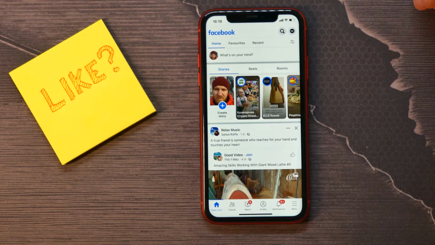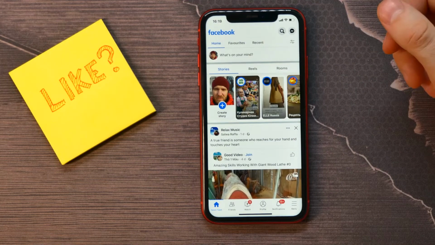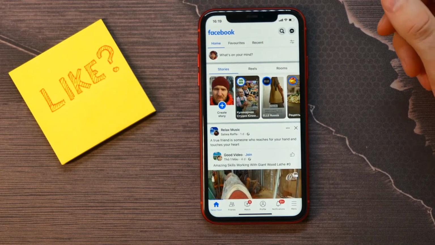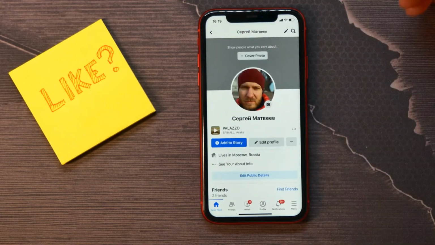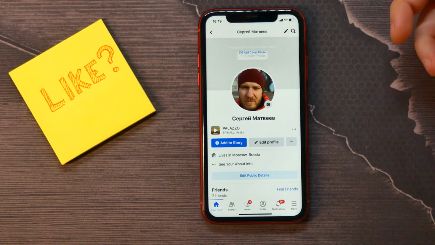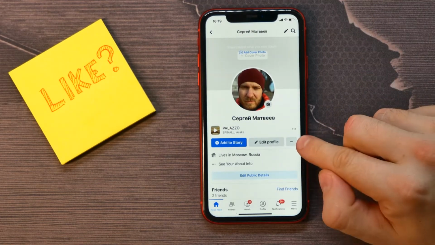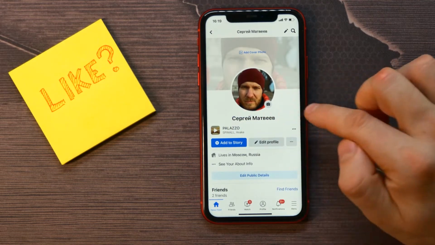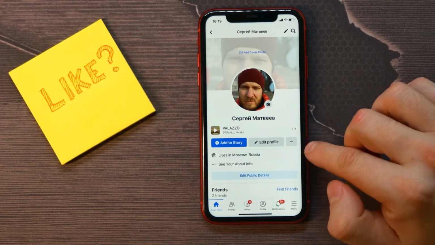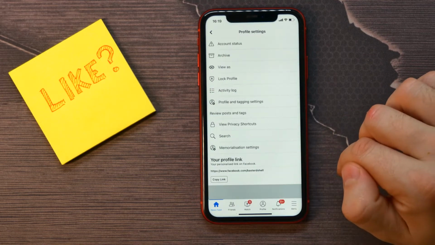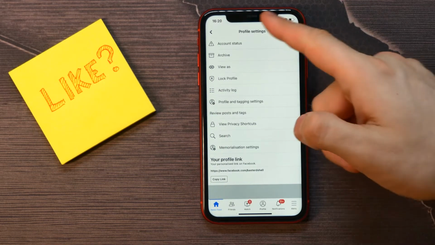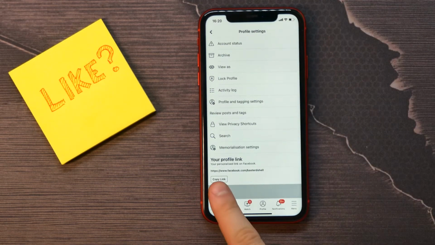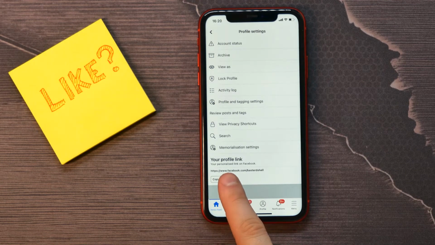First, open up your Facebook application and then right there tap on your profile icon, and once you are on your profile, tap on the three dots, not the one beside the song but beside the edit profile button. Tap here, and now on the profile settings page, just above the copy link button, you can get your